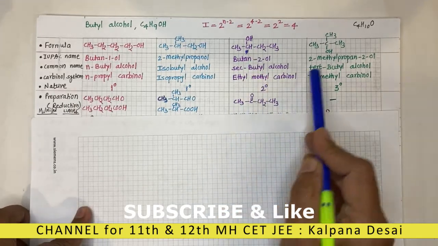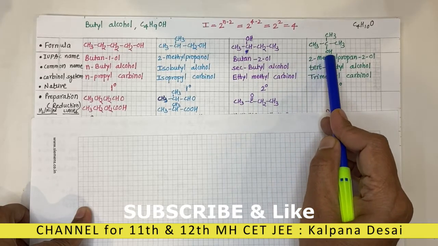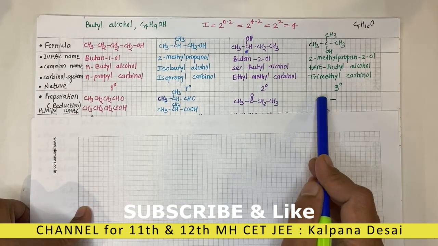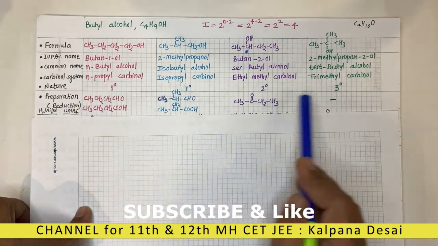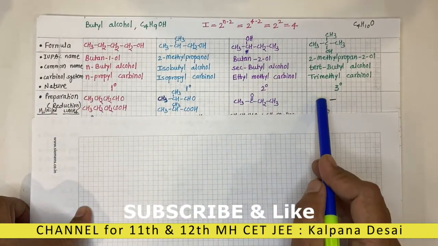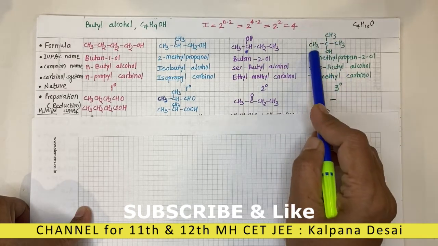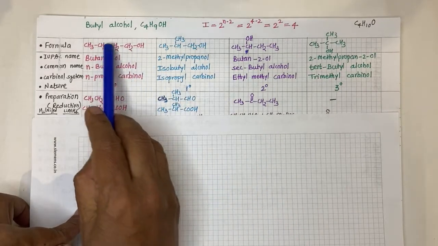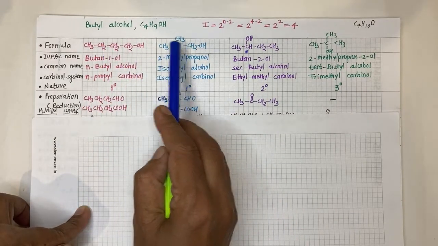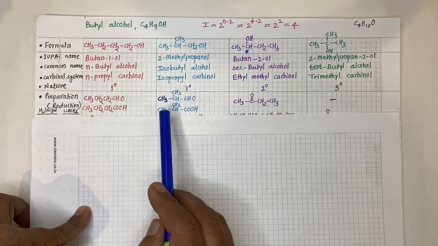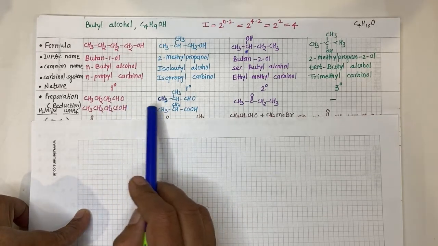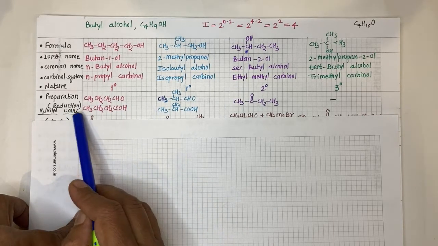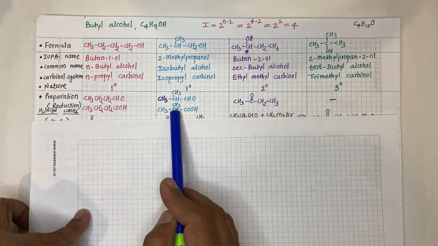Okay, it is a tertiary alcohol. Tertiary alcohols cannot be prepared by reduction of aldehyde and ketone using this reducing agent. This method is not possible for the preparation of tertiary alcohol. Now one more, these 2 are primary alcohols, therefore these 2 can be prepared by reduction of the corresponding carboxylic acid using lithium aluminum hydride.